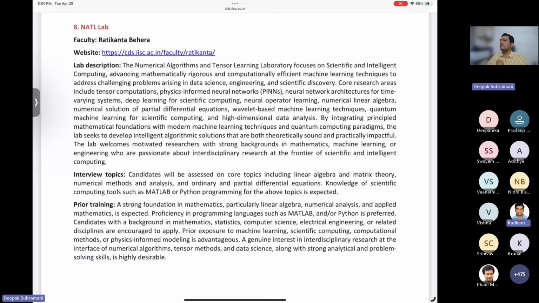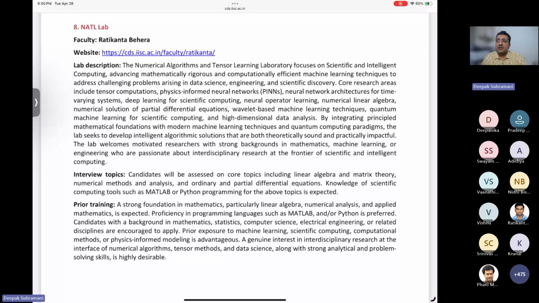So my lab is basically working on scientific computing and machine learning, and specifically intelligent computing, what you call AI, neural networks, quantum computing, AI-based quantum computing. We also work on numerical linear algebra, wavelets in scientific computing, and tensor computations. I have put all of this slide-wise on my web page, so please go through it and have a look. Thank you.